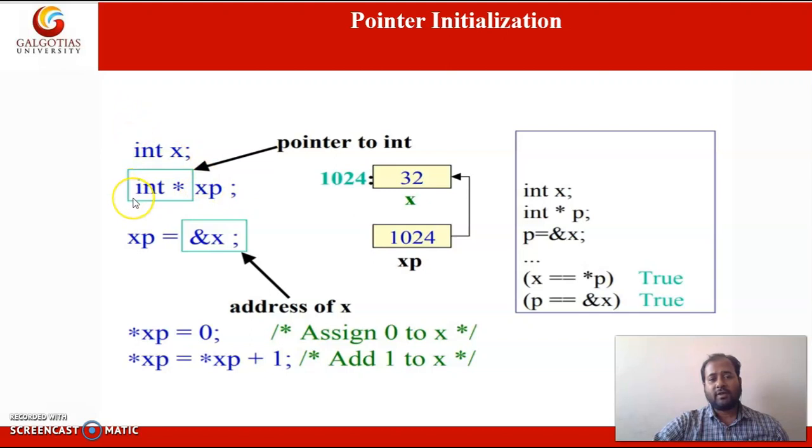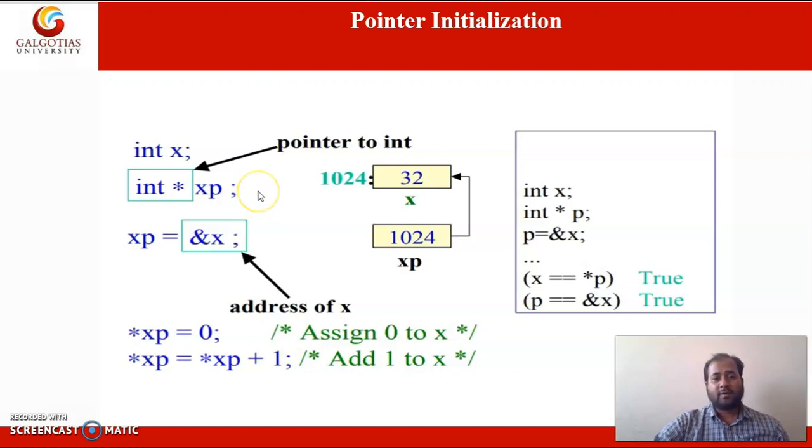In the first statement we are having int x, star is not present here, so it is normal variable, and in the second instruction we are having int star xp, so here star is present before the xp, means it is pointer variable.